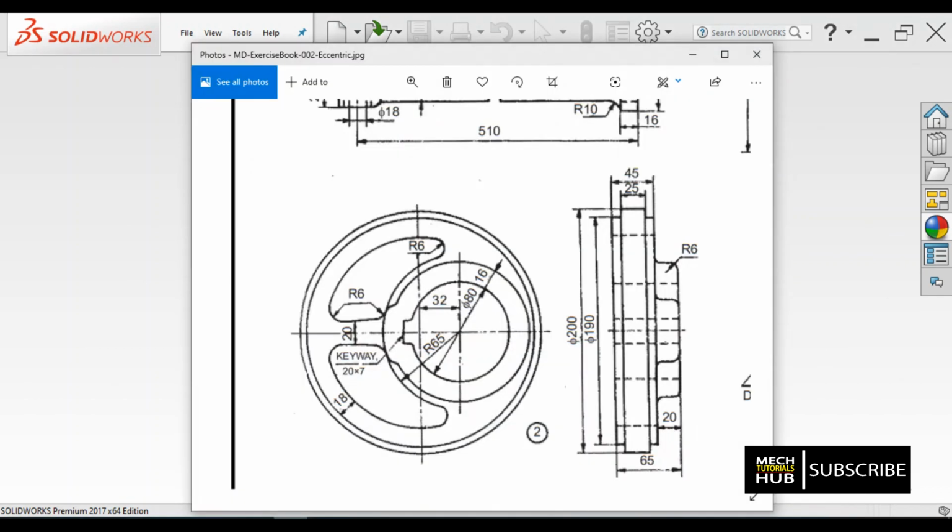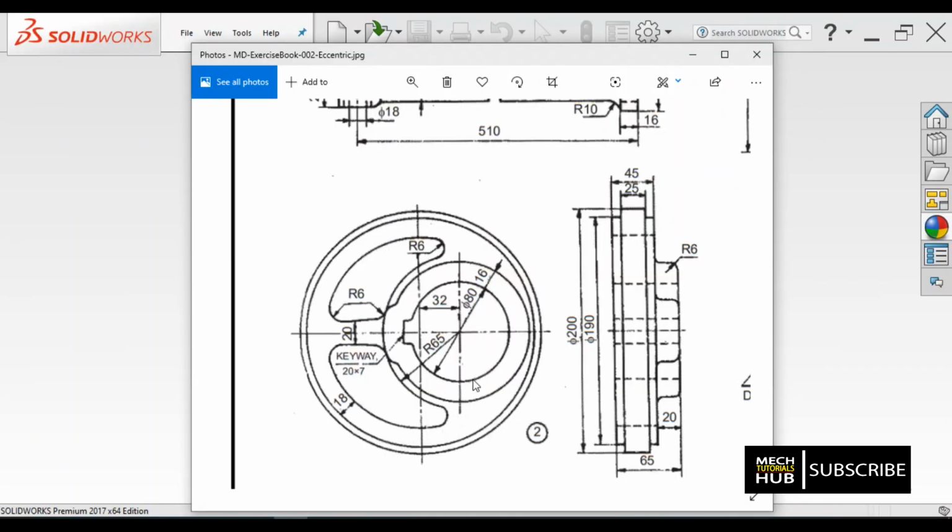Hello all, in this video we are going to learn about the 3D representation of a sheave, how to draw the sketch mode and how to transform that into a 3D model, and I'm going to discuss the difference between the conventional way and the traditional way of developing a model.